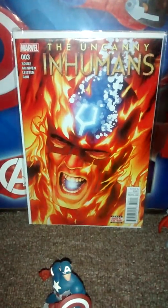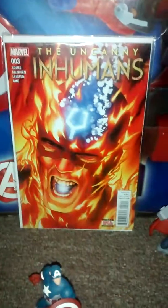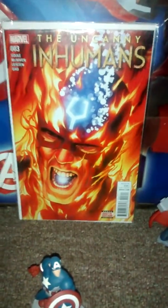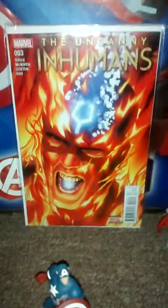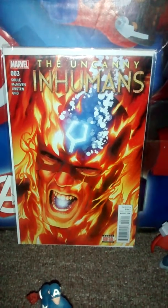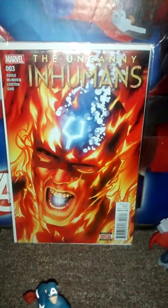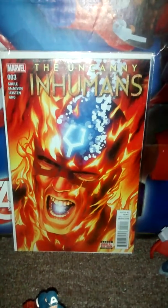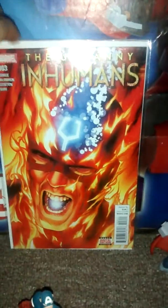I'm following the Uncanny Inhumans, written by Charles Soule, penciled by Steve McNiven, and so far I enjoy the series with Kang, and just to retrieve their son, and this story is pretty awesome so far. If you guys haven't had a chance to read it, I definitely recommend picking it up. And I love the cover. Black Bolt going at it with, looks like Johnny Storm, so yeah. My last one,